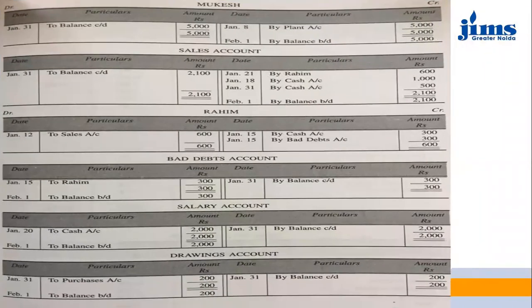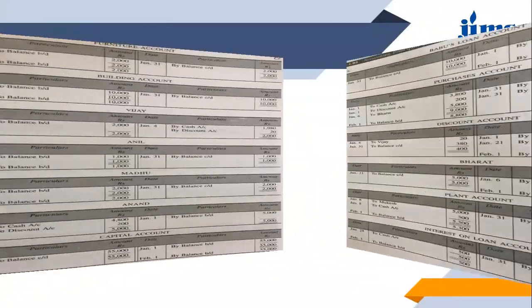Now you can see here sales account and Rahim account. The entry is Rahim account debited to sales account. So Rahim account is debited, and we'll go on the debit side of the Rahim account. January 12, you can see here, to sales account 600. On the sales account, sales is a credit entry, so we go on the credit side of the sales account under 12th January. It's a wrong date mentioned here. On the 12th January, you can see Rahim account is appearing under sales account on the credit side with the 600 amount. Then we'll go back to the next entry.